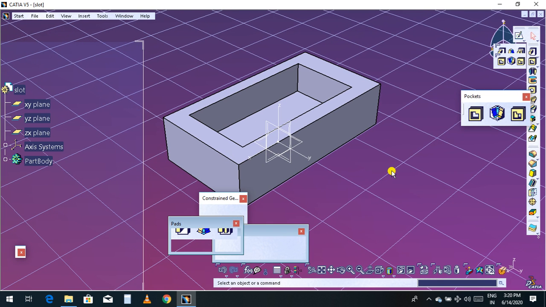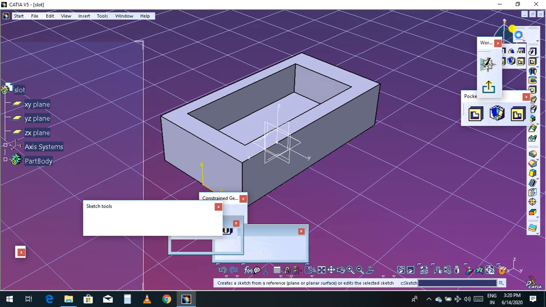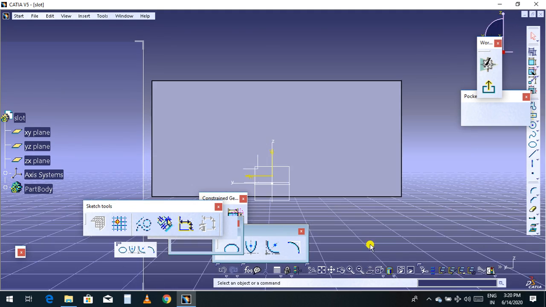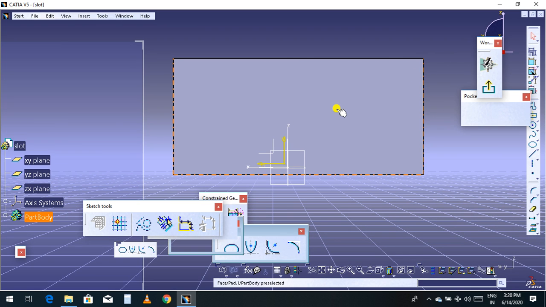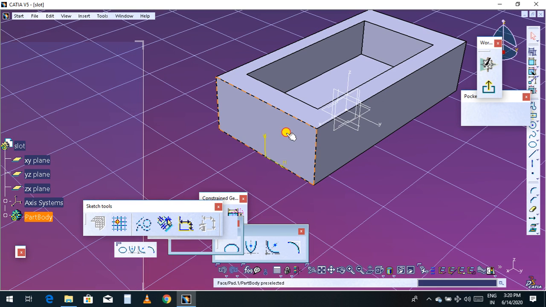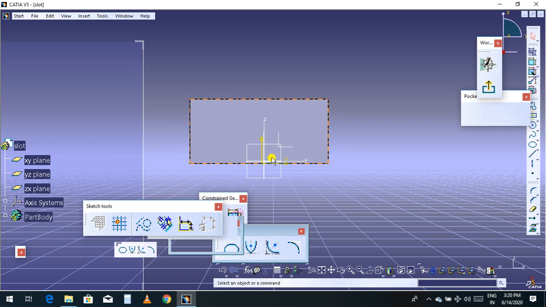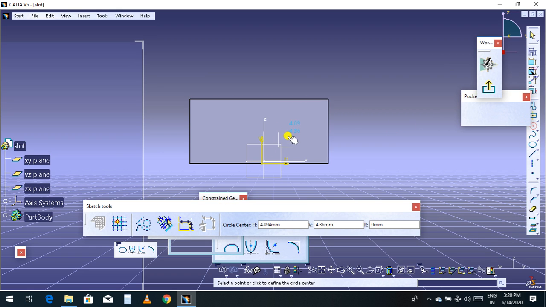Now here I'm going to use this slot command in CATIA. So now you select this face, select a sketch, take the normal view, select isometric, and choose the circle and draw like this.